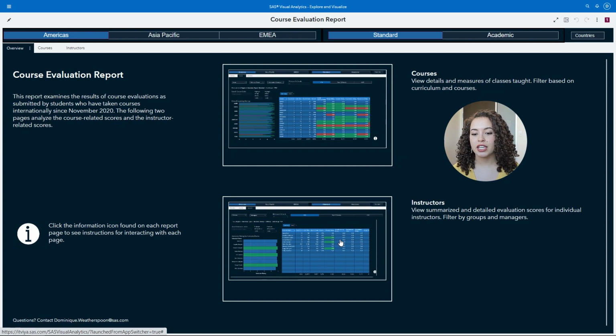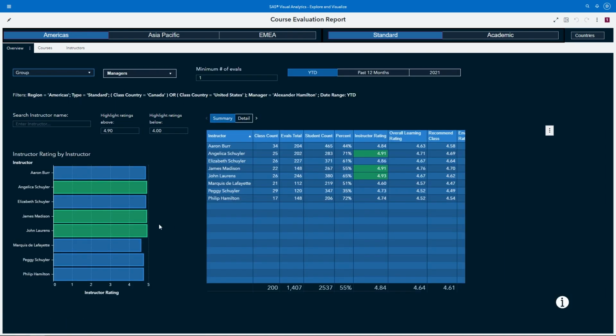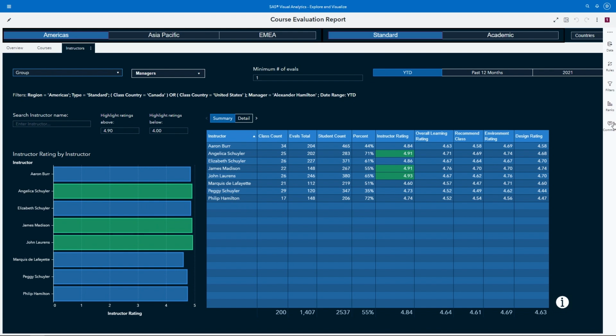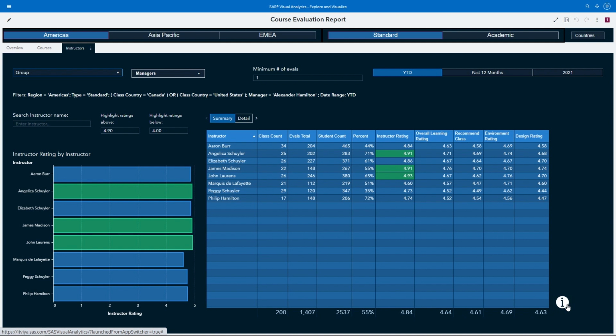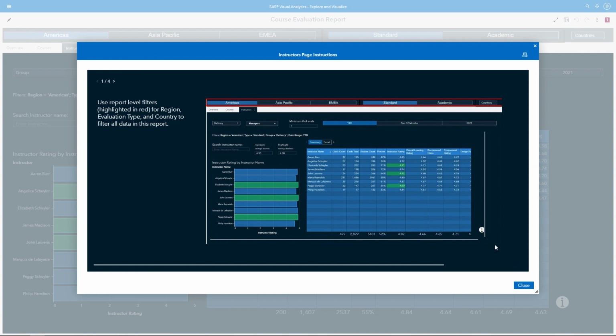I'm going to go ahead and click here. And this image links me to the instructors page, where, before I show you everything that's on this page, or before we go into detail, let's go ahead and just look at the instructions, because I imagine this is where a viewer is going to start, right? So let's click on the information icon. And when we click on it, a pop-up page appears with 4 different slides telling you how you can interact